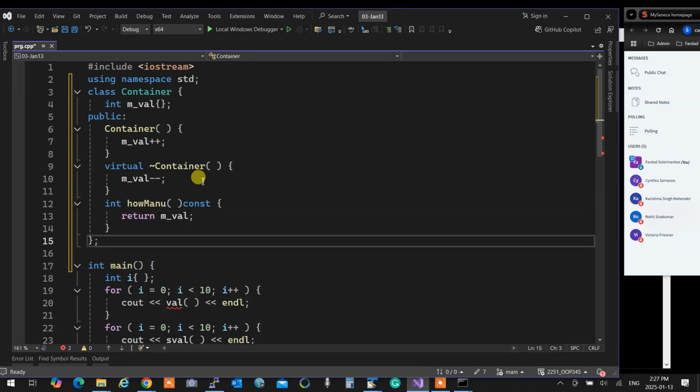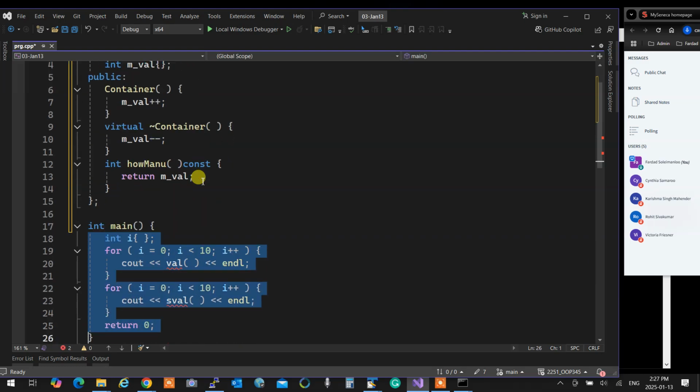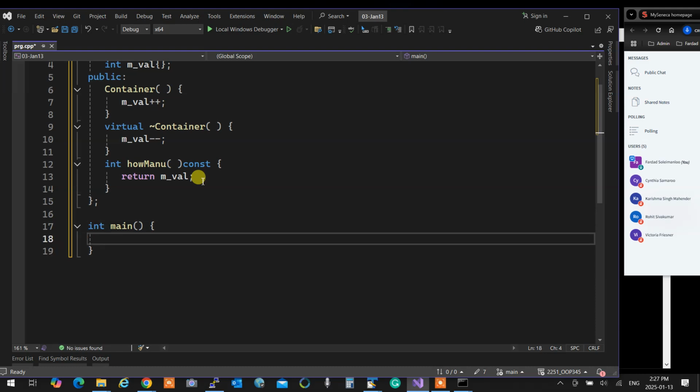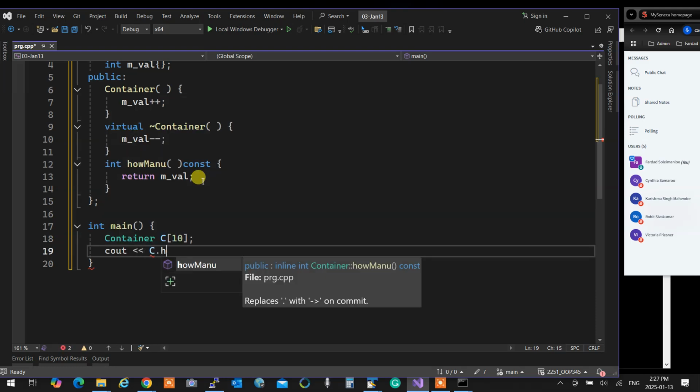Now, if I write something like this, we know that it's not going to work. I'm doing it exactly like the other one. So in here, if I create, say, container C10, and I go cout C dot how many,